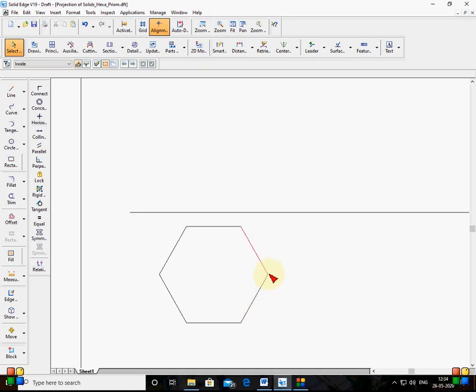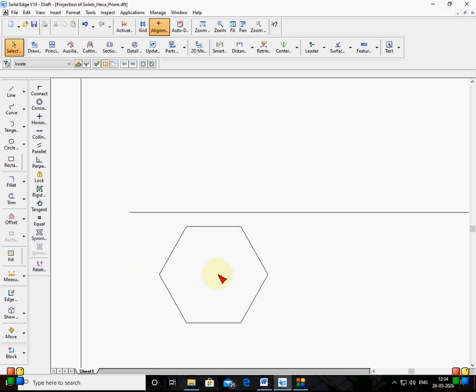See my cursor here. This is the corner. Right side corner. Left side also corner. That means if I tilt this solid clockwise or anti-clockwise, it rests on a corner, not on an edge. That's why I have to rotate this figure such that you get an edge on the right side, because we are interested in the right side portion of the solid object always.